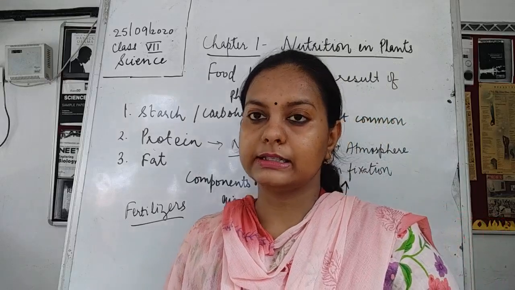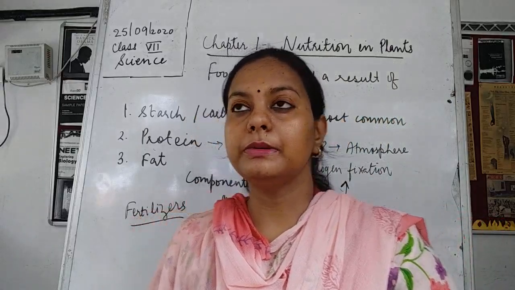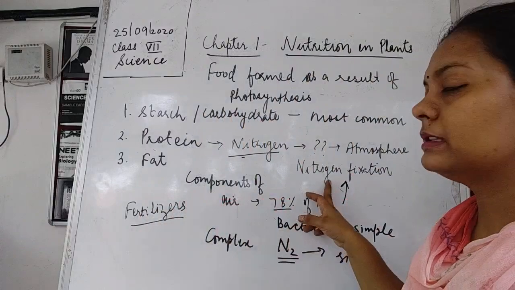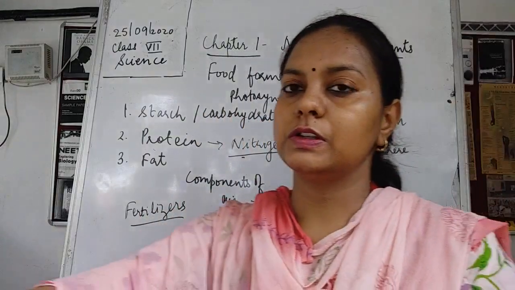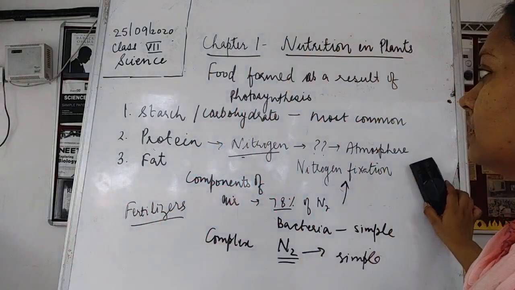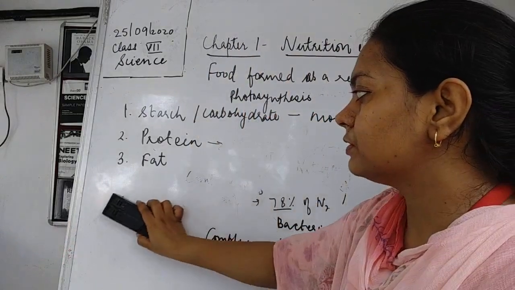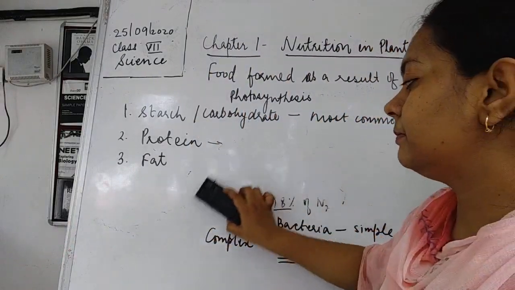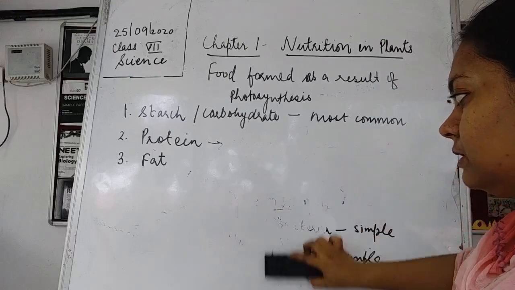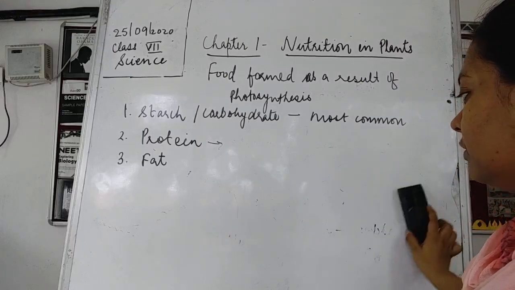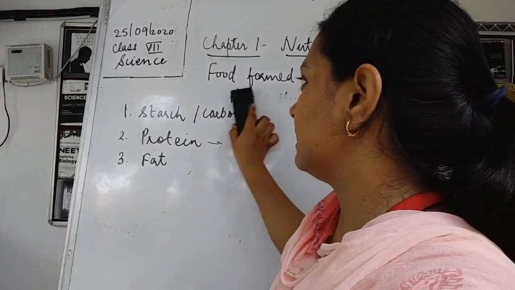Plants can also then synthesize proteins and vitamins. So vitamins and proteins are also synthesized with the help of this nitrogen. So this was about nitrogen fixation in the plants. Even fats are also there. Fats are present in the form of stored products, and the stored product could be of three types, as I have discussed just now.